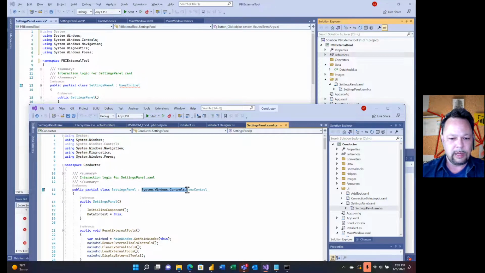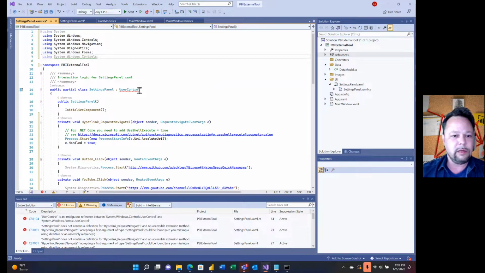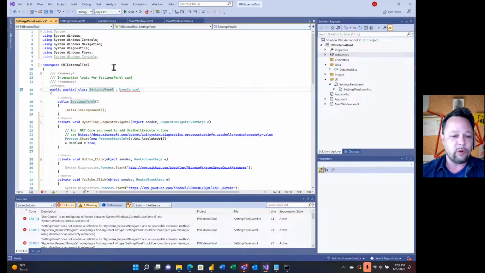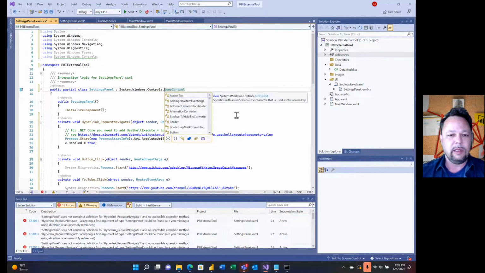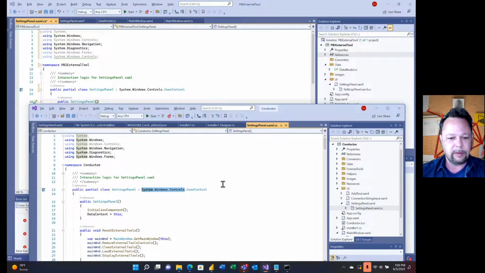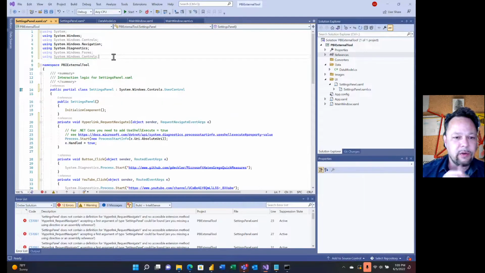Oh, so we probably should add this reference in here. There. It's an ambiguous reference, because we have forms in that. So that's just specific. It is System.Windows.Controls.UserControl, which explains why that was spelled out right here. So basically what this is saying is that it says I don't really need this reference up here,